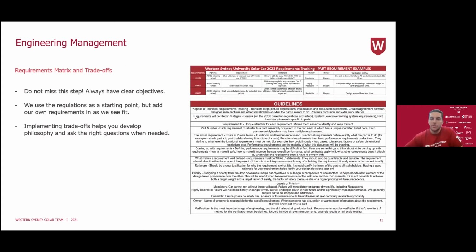So the last thing to talk about here is our requirements matrix and also trade-offs. And this has been, if not one of the most important things when ensuring what we're building is fit for purpose, safe, and also competitive. So what you see on the right is our requirements tracking document. It allows us to extract the race regulations into an organized system and add our own requirements, which we believe to enhance our vehicle. This is our engineering Bible, and we can tie the requirement into our parts tracking library,